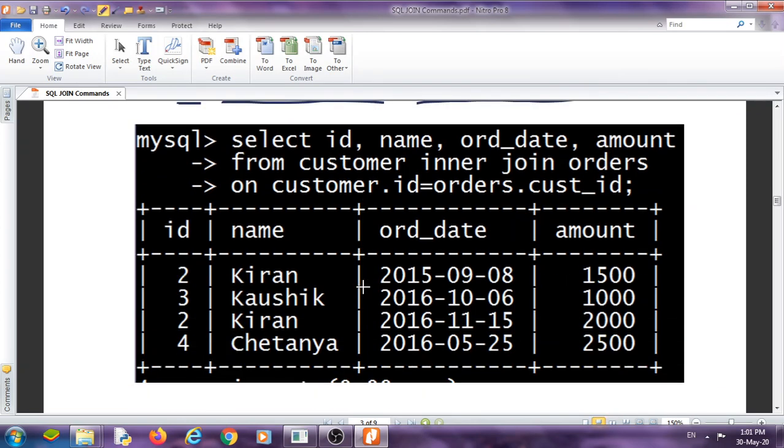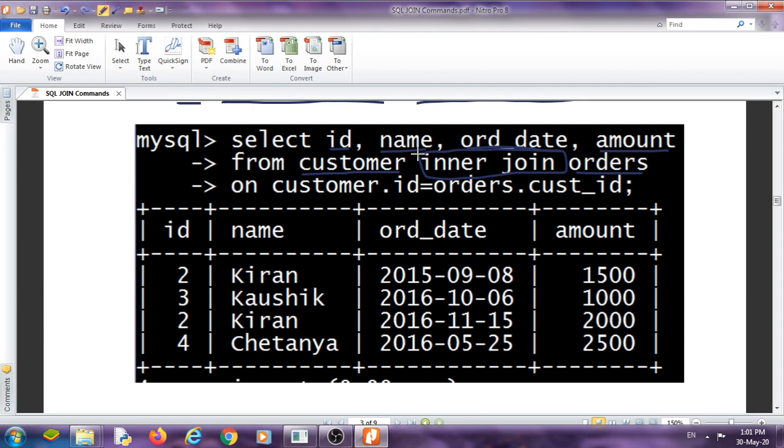Now it is example: select id, name from the customer table, order date and amount from the orders table. That means two attributes are from the customer table and two from the order table. From customer inner join orders, meaning we are putting the keyword inner join in between two tables.